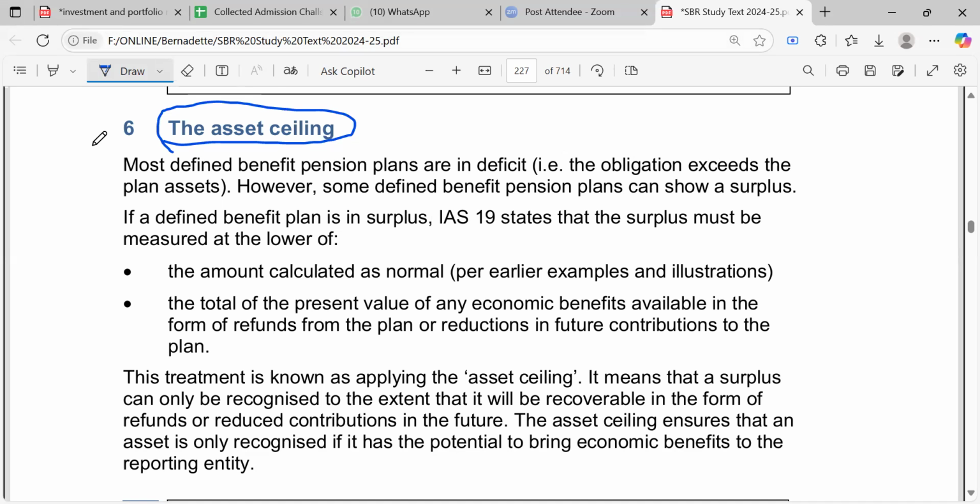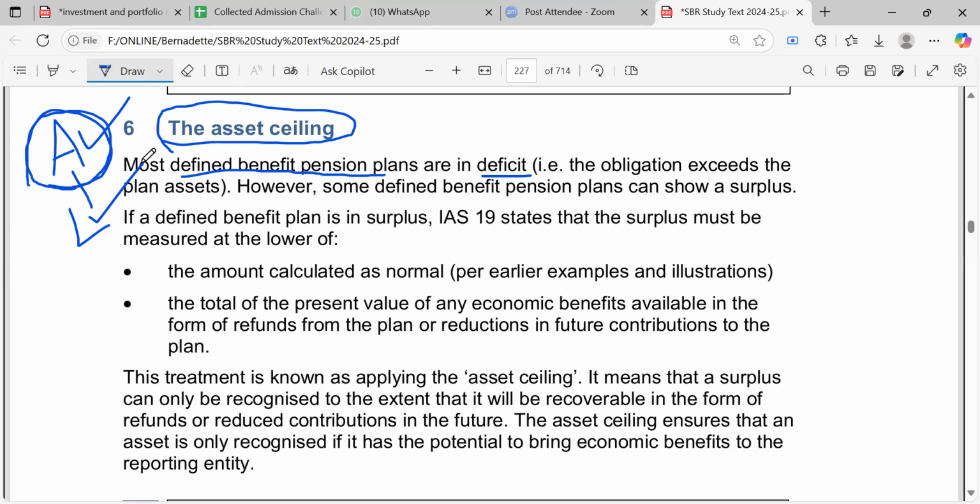Yes. And as you know, when we speak of defined benefit pension plans, we have the plan assets, but also the plan liabilities. So we are trying to place a ceiling on these assets. That's why we say most defined benefit pension plans are in deficit. Most of them are in deficit. That the assets will be outweighed by the liabilities. Like we said, we don't show assets and liabilities separately. We take the net figure, right?